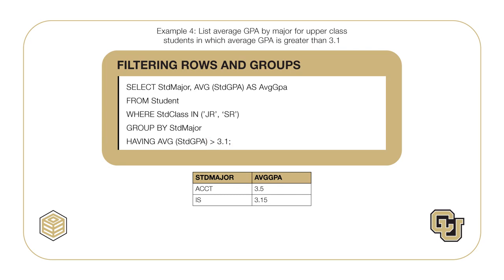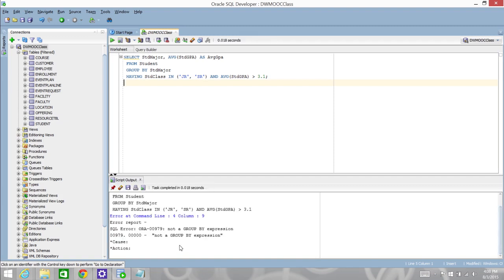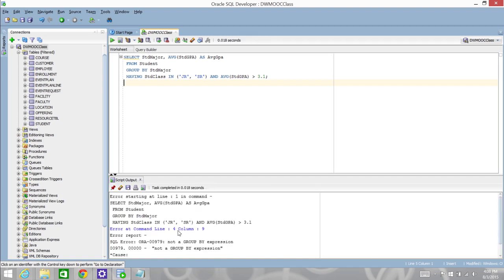A group condition compares an aggregate function result to a value or an expression. Let's execute example 4 to demonstrate an error when a row condition appears in the having clause. In the script output pane, the Oracle SQL compiler generates an error message that a row condition is not allowed in the having clause. Likewise, when a group condition appears in the where clause, the Oracle SQL compiler generates an